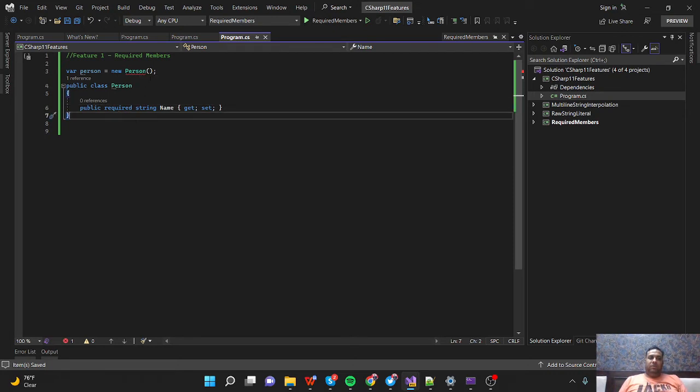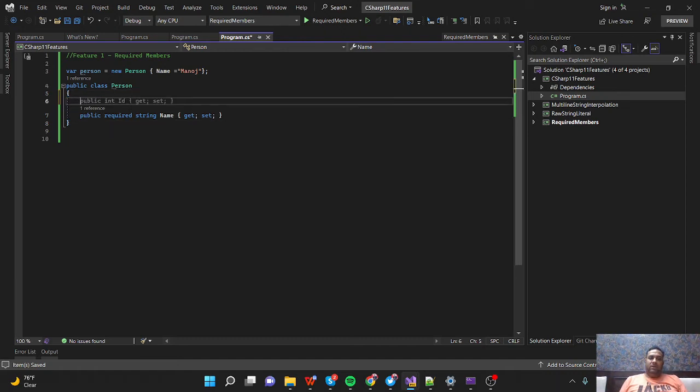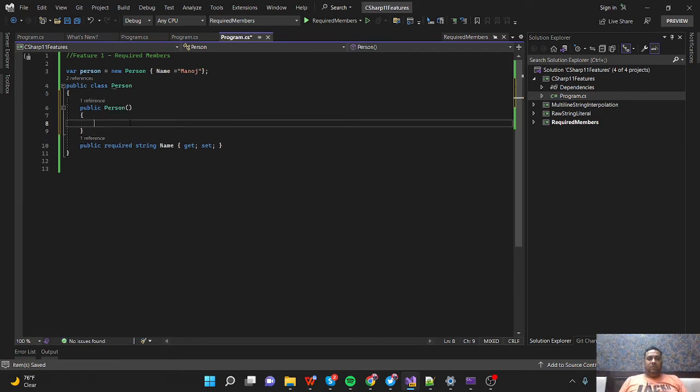So for that, we have to initialize the object's Name. Name equal to, you can say, Manoj. If Manoj is there, you can see the problem is solved. Now, if you have a parameterized constructor of the same class, with string name,